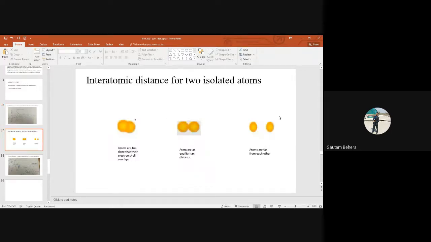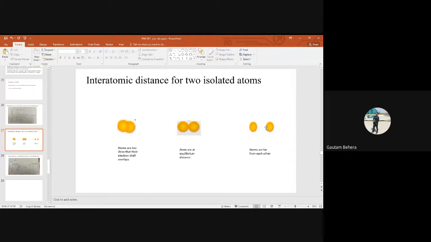This is a scenario actually. You can see initially two atoms are far away from one another, so there will be no force actually acting on the atoms. But the moment they come closer, they will come to a particular distance, that is called the equilibrium distance. The net force acting over here will be actually 0. That means attractive force will be equal to repulsive force here. But finally, when two atoms are very close to one another, the electron shells will overlap one another. At this moment, a strong repulsive force will be acting.